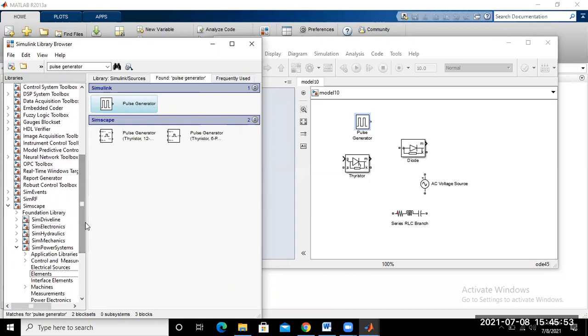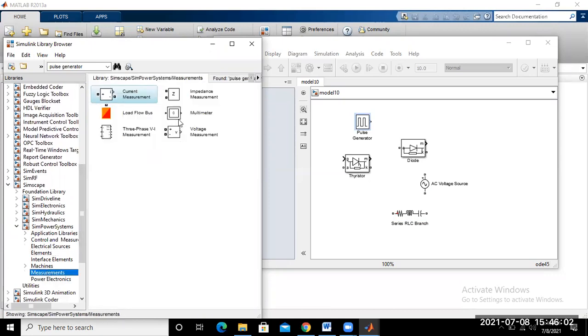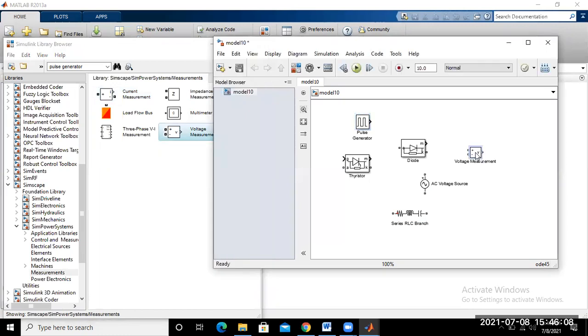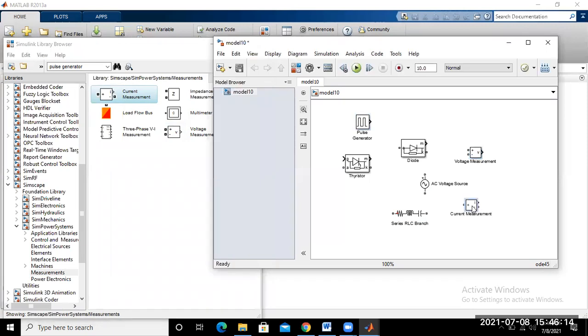If you click on measurement, you will find various types of measurement devices. Just drag one voltmeter to the workspace, and one ammeter to this point. Now I think all the required blocks are dragged into the model.